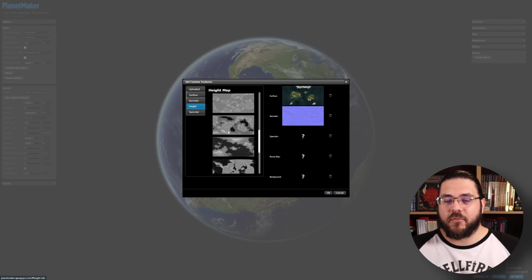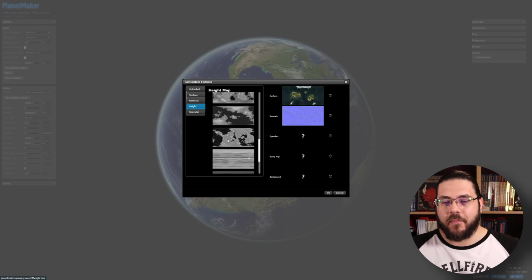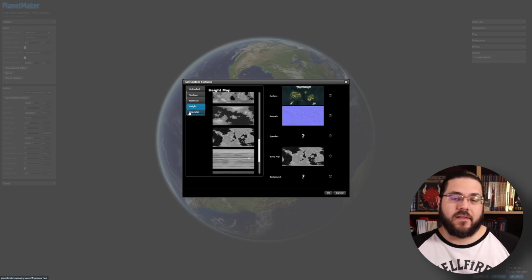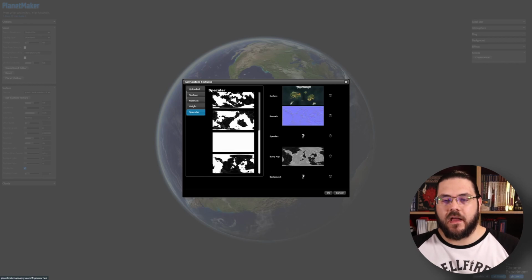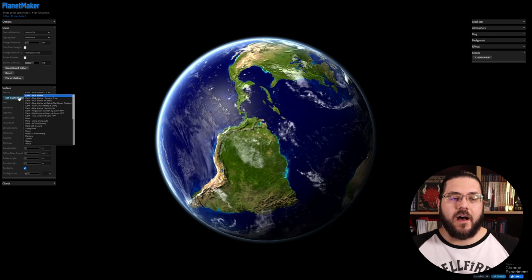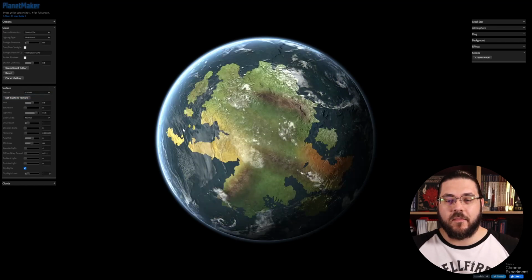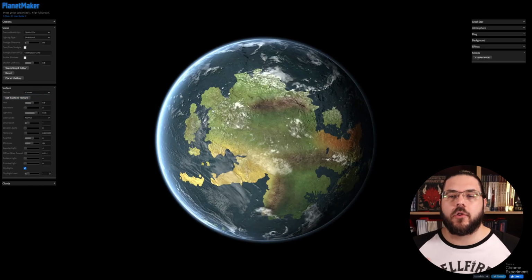Same with height maps. We can go and we can find a height map that we like the look of, let's say this one, and we can drag it in. Same with specular, we can find a nice looking specular map and drag all of them in, set our surface texture to be custom, and then immediately that gives us something that looks more real to my eye than the map